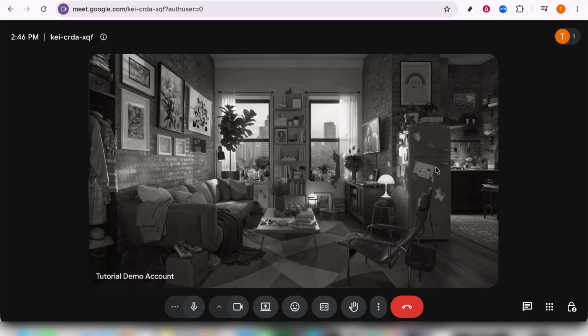When you click Join, you may enter the meeting immediately, or you might need to wait a moment for the host to let you in, depending on the meeting settings. That's completely normal. Just stay on the screen until you're admitted, and that's it. Open Google Meet, enter the code or link, and click Join. It's a fast and easy